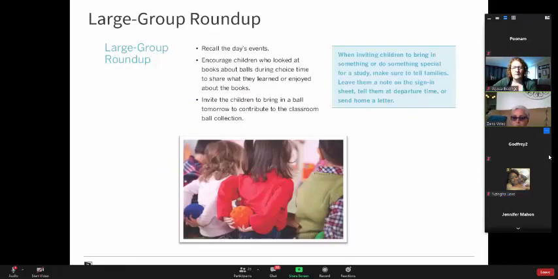Large group roundup. So at the end of the day, you should have a final large group gathering to discuss the day's events. Like, for example, what did they learn? Recall the day's events. Encourage children who looked at books about balls during choice time to share what they've learned and enjoyed about the book, and invite the children to bring in a ball tomorrow to add to the classroom ball collection. When inviting children to bring in something or do something special for a study, make sure to tell the